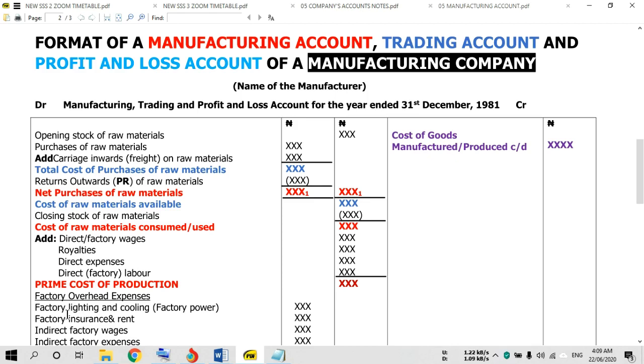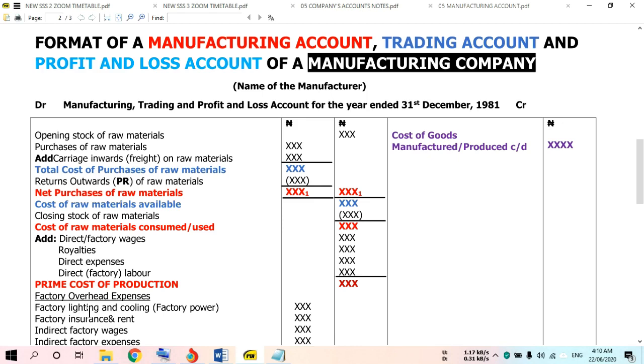Don't put it under factory overheads, except if it is stated clearly as factory indirect wages. But if it is silent and just says factory wages, it will be treated as direct wages. But if it is specifically stated as factory indirect wages or simply indirect wages, that will come under factory overhead